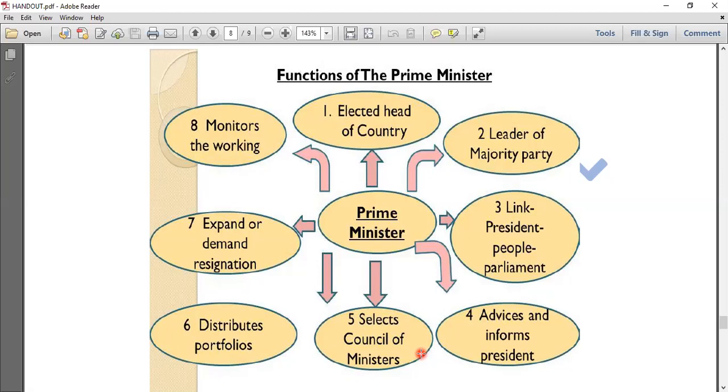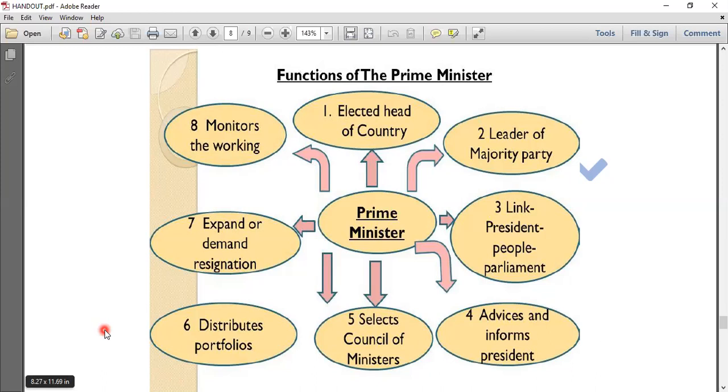We may not be very good in all the subjects, right? Most of us. So what happens is that the prime minister also needs the guidance of a particular segment of people who are going to come together and give a helping hand to the prime minister. And who are the ones who are going to give the helping hand? This council of ministers, right? So he has this council of ministers, and the sixth point says that he distributes the portfolios. Okay, so he is actually giving the different departments to these people.